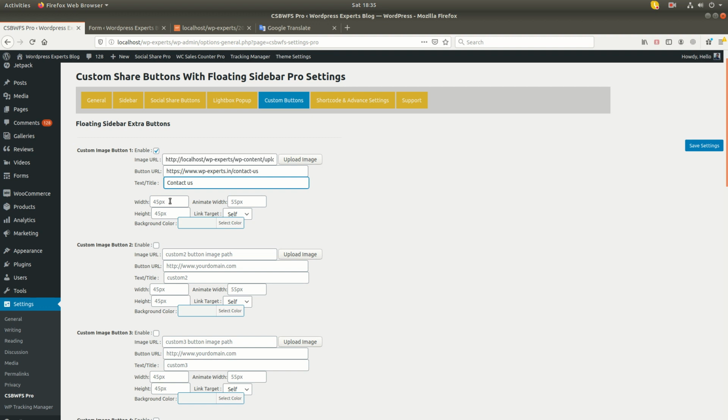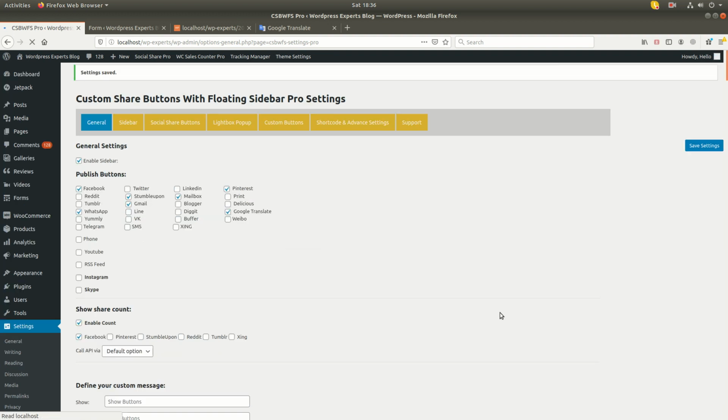You can use this setting in this button as well, otherwise it will take the default button settings. You can define the button setting, like if you are using high resolution buttons, then as per your button size, image button size, you need to define the width and height of the custom button.